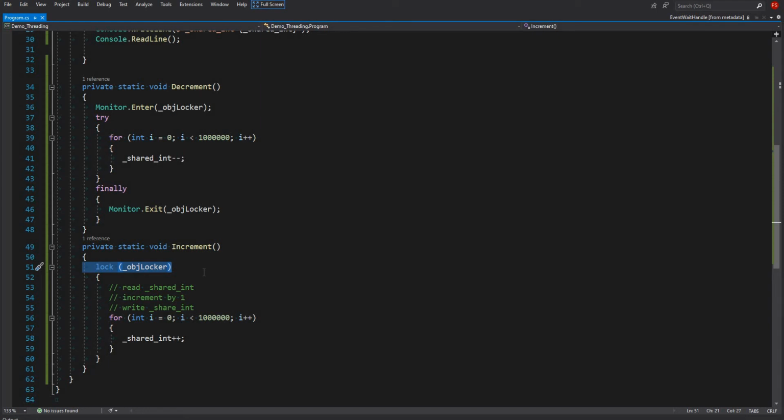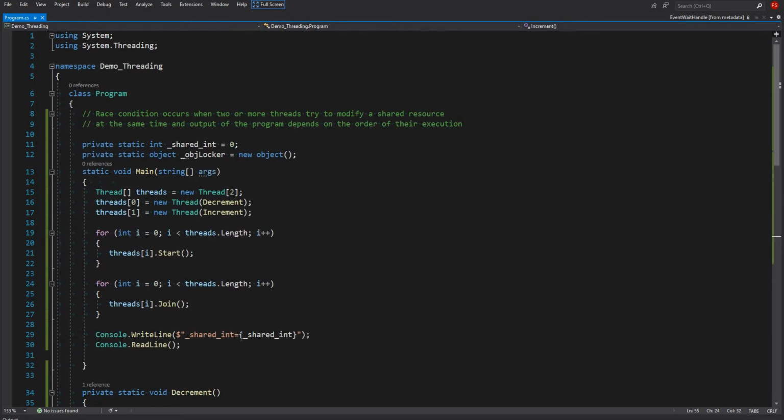You remember that incrementing or decrementing an integer variable was not atomic, it was not one instruction, it actually equals three instructions. First the CPU has to read the variable, then increment it by 1, and then write it to the memory location. So today we will be looking at the Interlocked Increment and Decrement methods, which do these operations atomically.